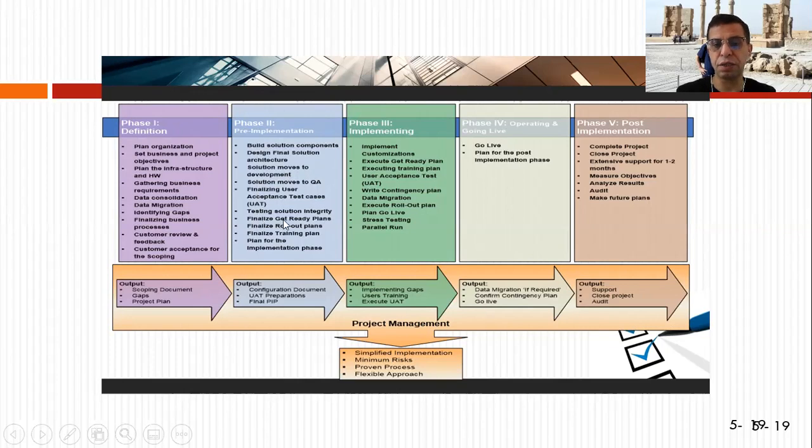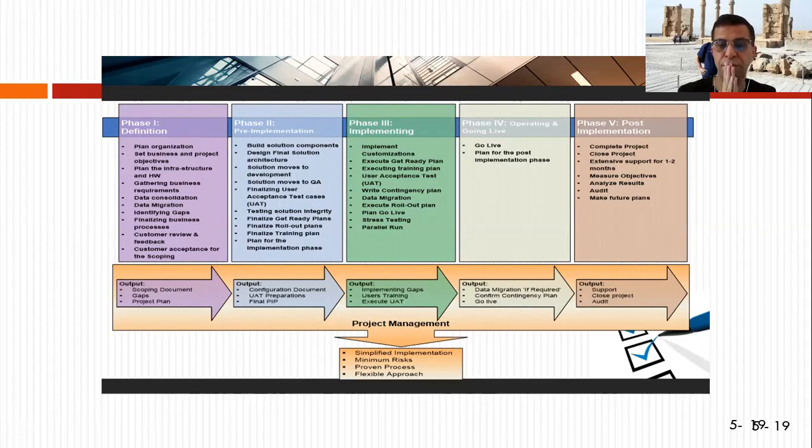You finalize the get-ready plan, get approval, and finalize the training plan if training is needed. And the output of phase two, the pre-implementation, is the configuration document,